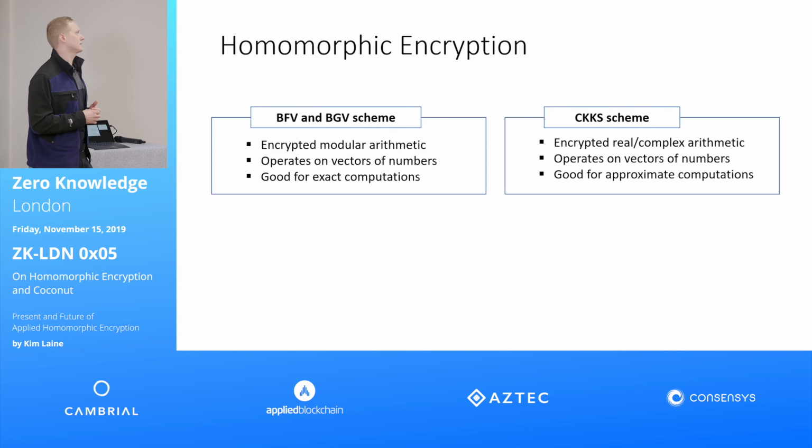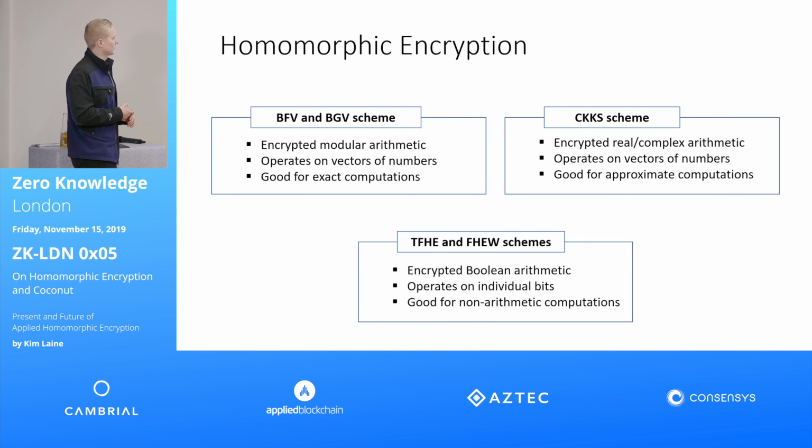So in that sense, while CKKS only results in approximate results, you can tweak how accurate it is, and it's very good for things like machine learning applications, where you don't necessarily care about exact results anyway. There's also a third kind